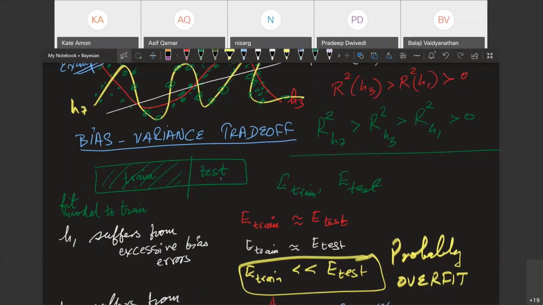What can you do? You have no choice but to build models of varying degrees of complexity, try to fit them and see which works best. Where does the bias-variance trade-off have the optimal point, isn't it? And wherever it has the optimal point, you look at the complexity, you look at the degree of the polynomial and say, aha, so this is as close to the ground truth as we can be.